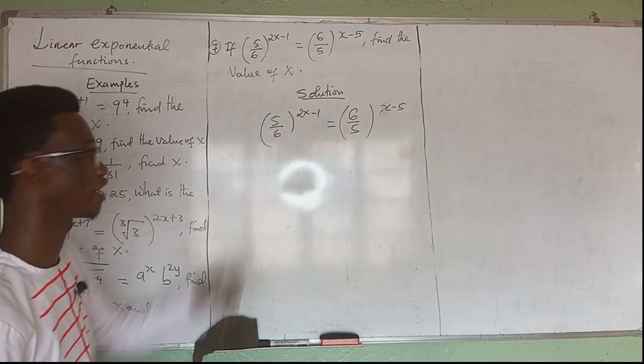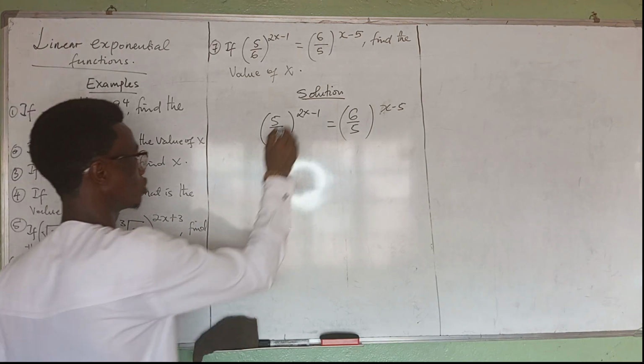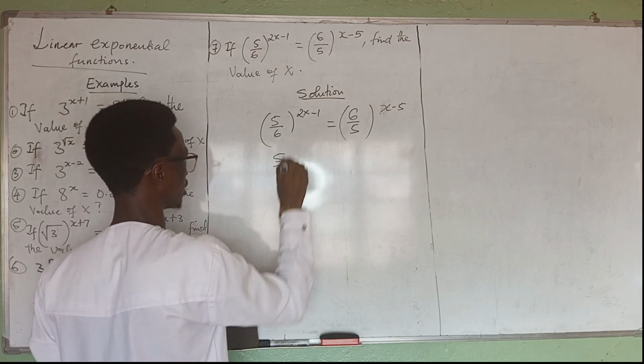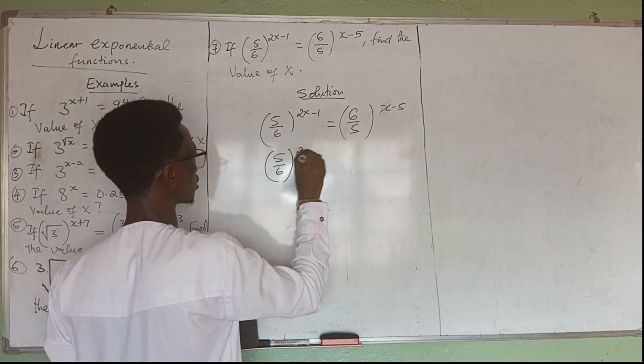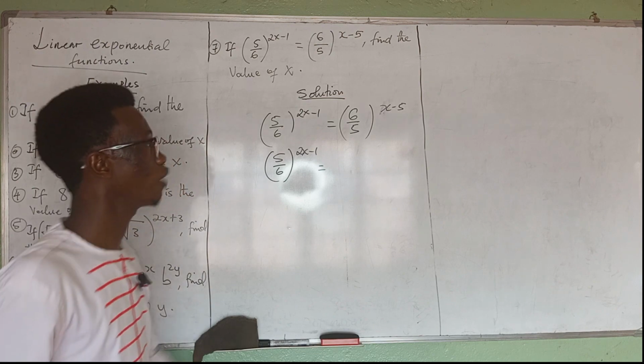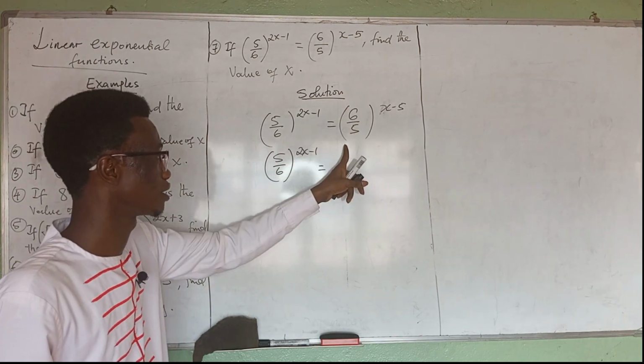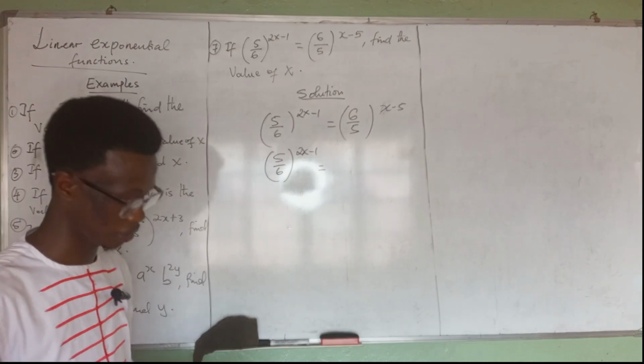Let's change the right-hand side to 5/6. How are we going to do that? So you have (5/6)^(2x-1) equals, if we want to change this to 5/6,